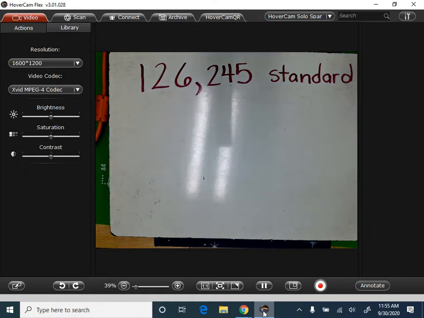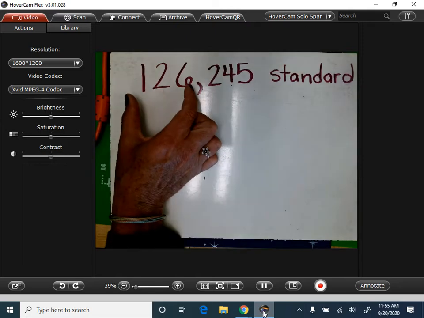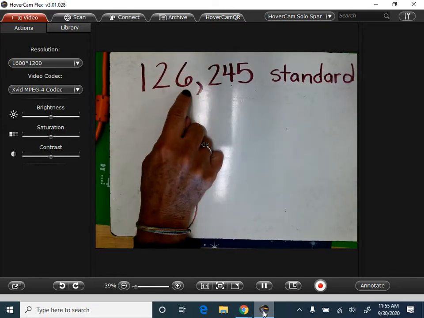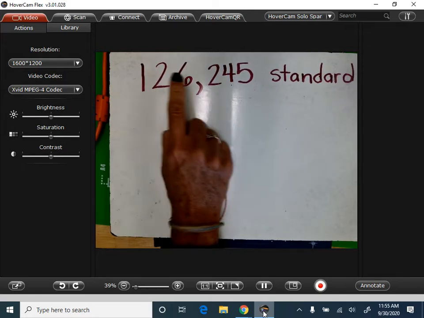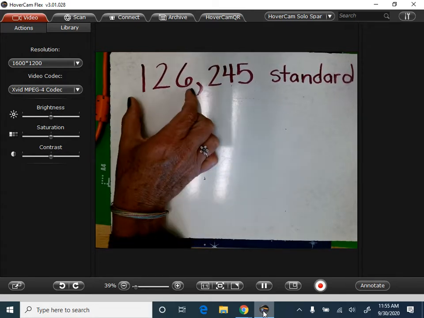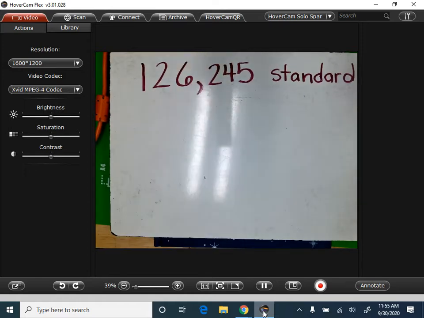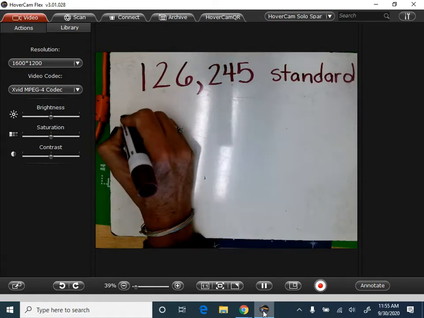Now you want to do word form. One of the reasons that we really need to be good at reading our numbers is because when we're writing them in word form, we write them just like we would say them. So again, I would go inside the thousands house. This is the thousands places. This is 100,000. This is 10,000. This is 1,000. So 126,000. So just like I said,